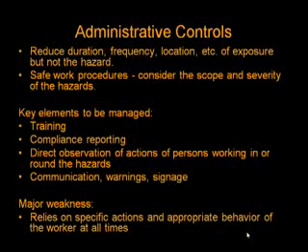In other words, if there are issues where people are bypassing the rules, the guidelines, the protocols, how can you get compliance? What kind of direct observation of the actions of people, employees working in and around the hazards need to be put in place so that we don't have what might be called scope drift, as we, by human nature, look for easier ways to go about doing things and inadvertently put ourselves at risk? What types of communication, warnings, signs, etc.? All of these we see in evidence as we move around various manufacturing plants, industries, that sort of thing.